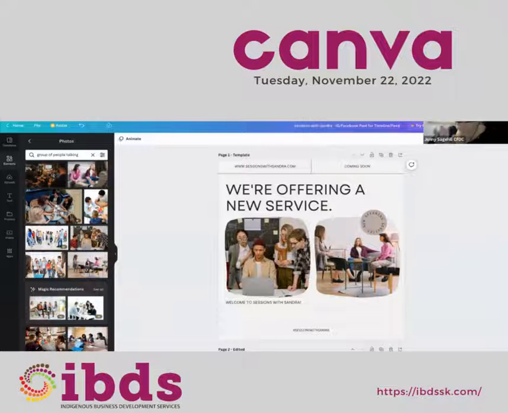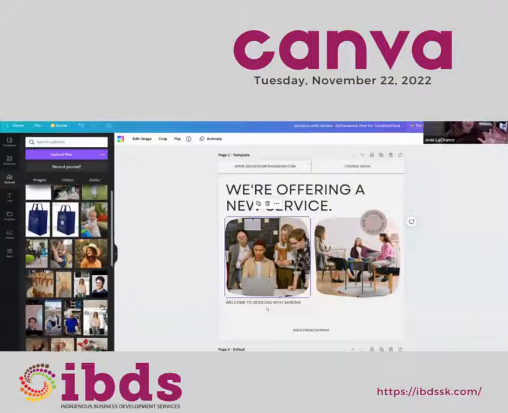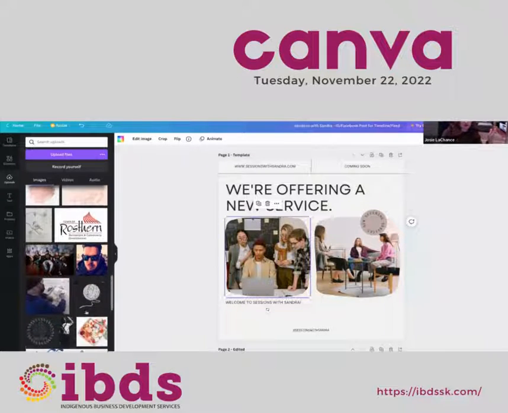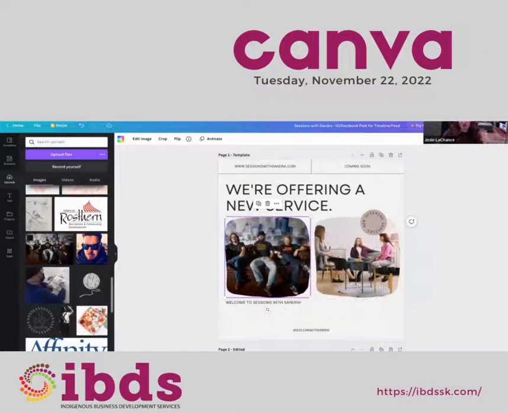The nice thing I like too, and maybe you're going to talk about that later, is you can also so easily upload your own pictures. If you've got pictures that you snapped yourself, it's the simplest to upload. Yeah, you definitely can. And I can show you right now through this template. You go over here again on the left-hand side under elements, it says uploads. And here's all the images that I have uploaded and put into my Canva. So it's super easy for me to just drag an image across that I've uploaded and put it in. Super, super easy to do.